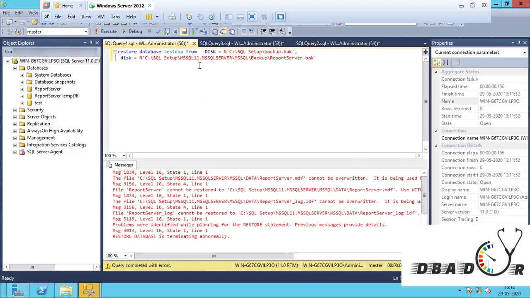Yeah, the backup file which we are taking, that file is already present, so we have to use it with more options. The file options to restore the file.